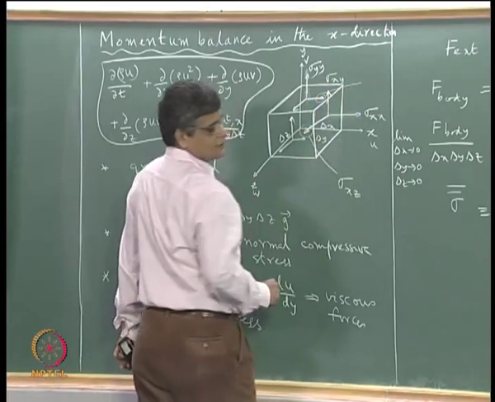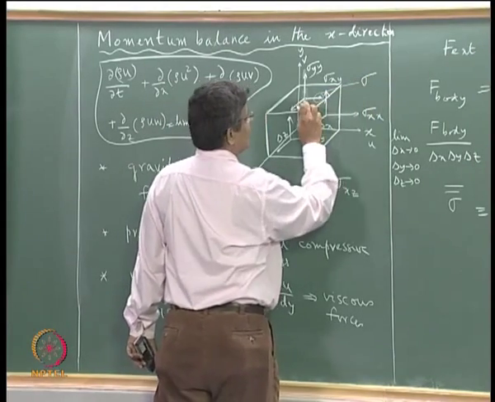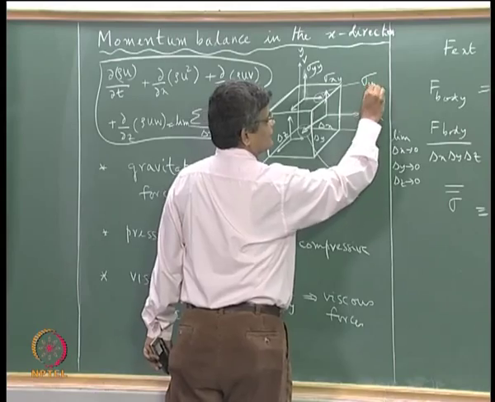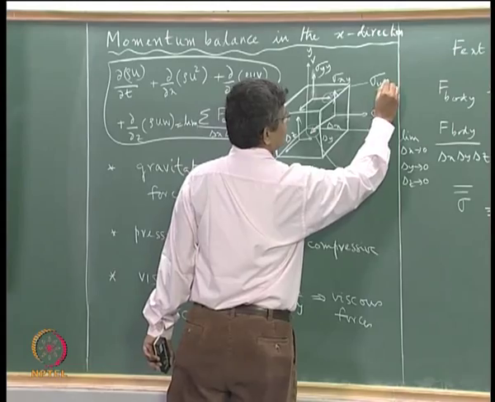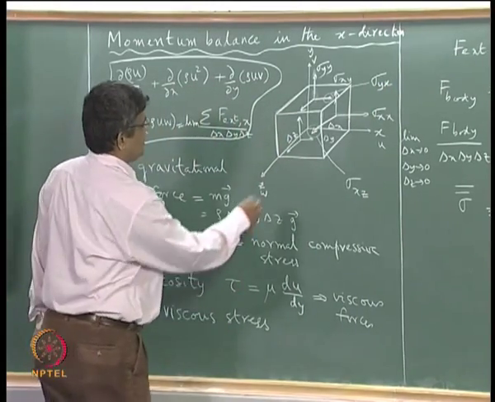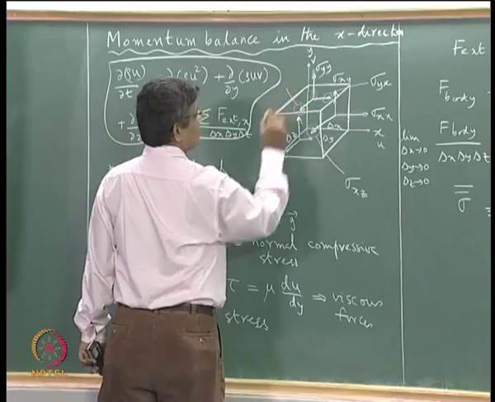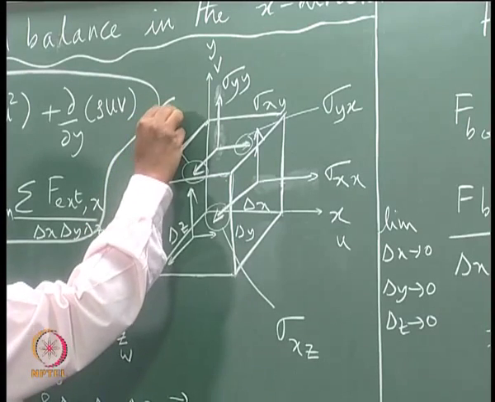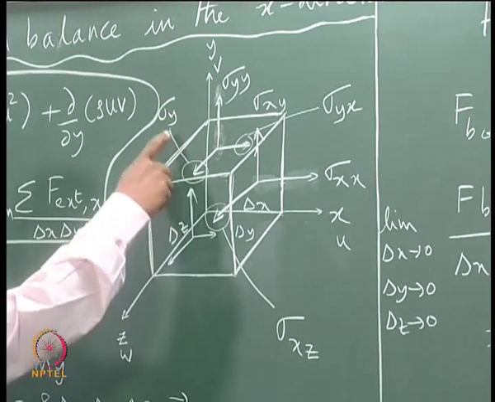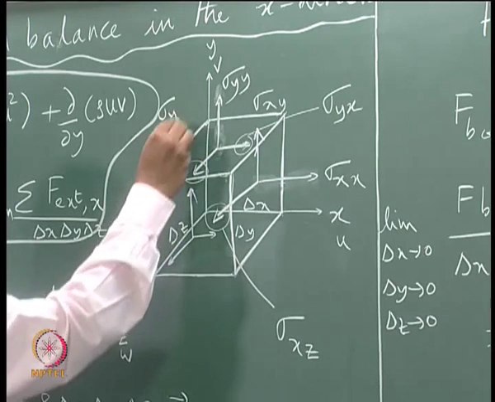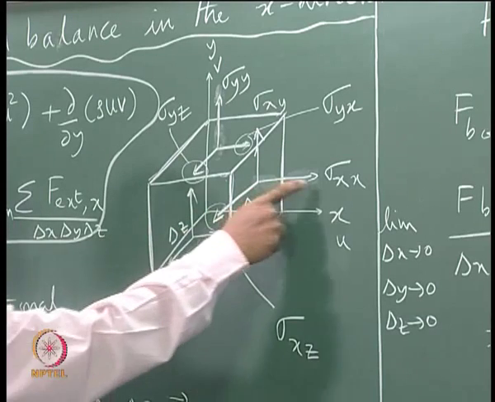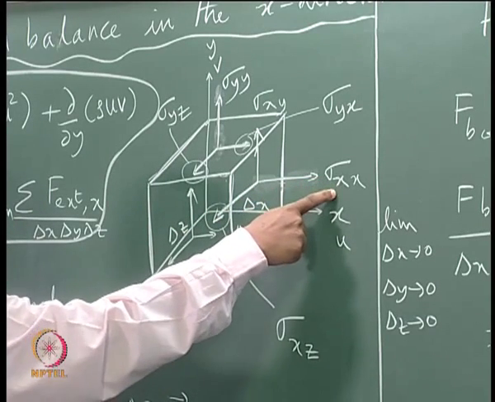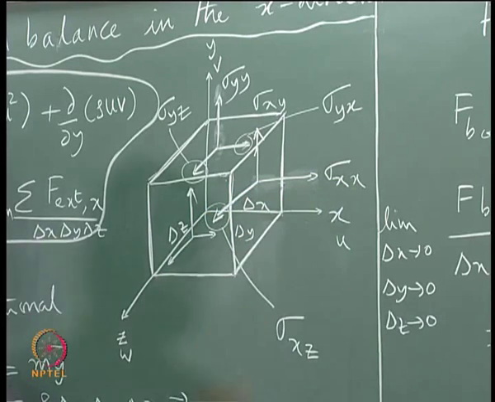This component here is again acting on the positive y face, so the first subscript is y, sigma y, and this is acting in the x direction, so this is sigma yx, and this component here is again acting on the positive y face, so sigma y, and it is acting in the z direction, so this is sigma yz. So we can see that each component here specifies what face it is acting on and in what direction it is acting, and by convention